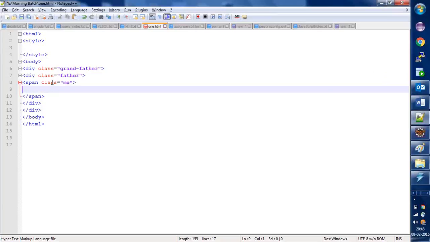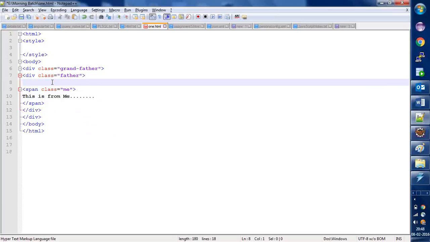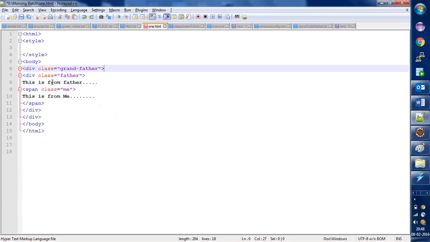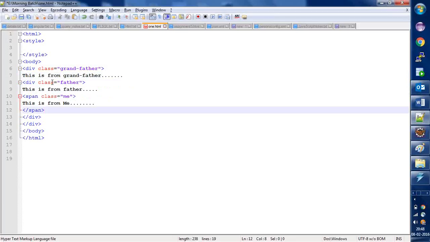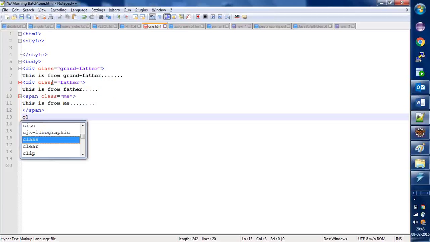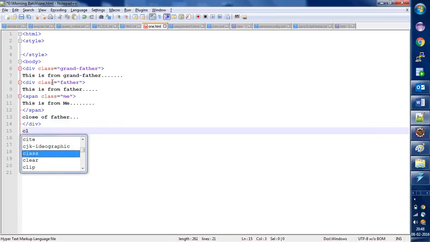So here I need to write some text. This is from me. And here this is from father. And here this is from grandfather. And here let me write close of father. And this will be the